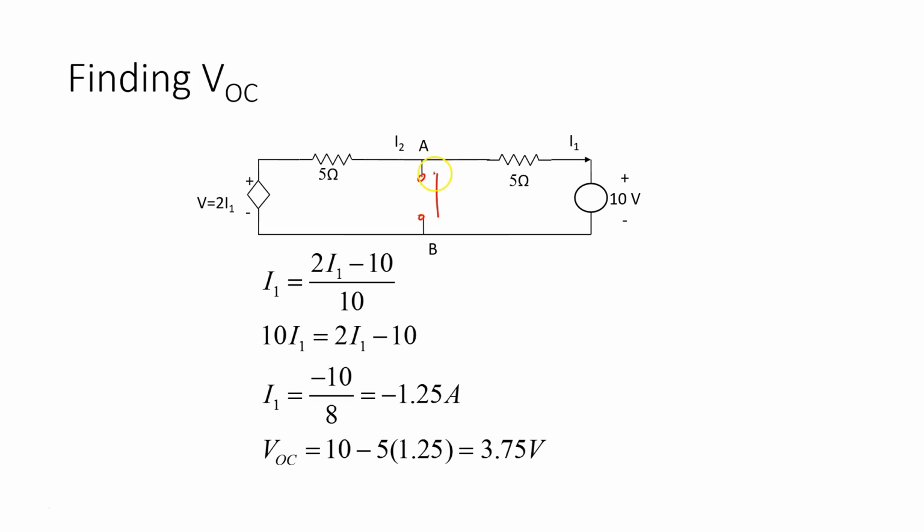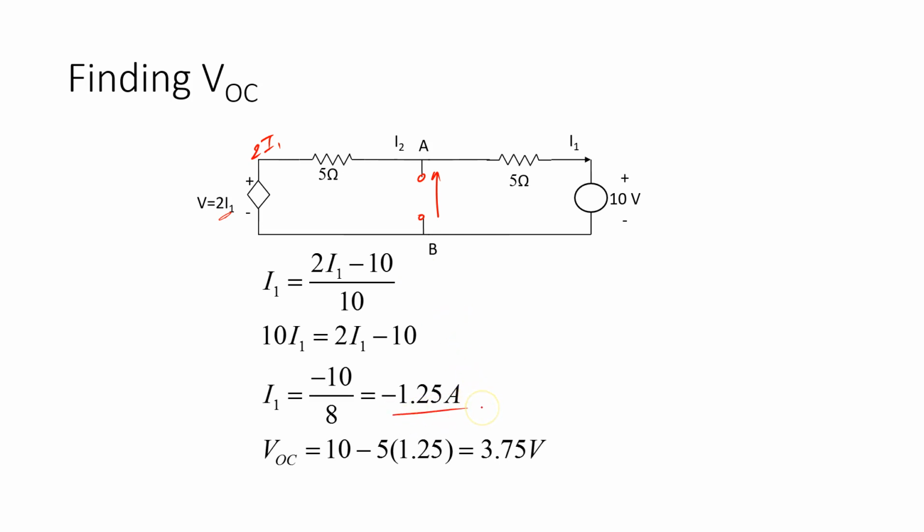what the open circuit voltage is. So I have to find the voltage here. I need to do that by determining what the voltage of the dependent source is. The voltage here is dependent on I1, so I'm going to find that I1 is 2I1, which is the voltage here, minus 10 volts over 10, which is the total resistance here. So that gives me I1 is equal to (2I1 minus 10) on 10, and if I go through that